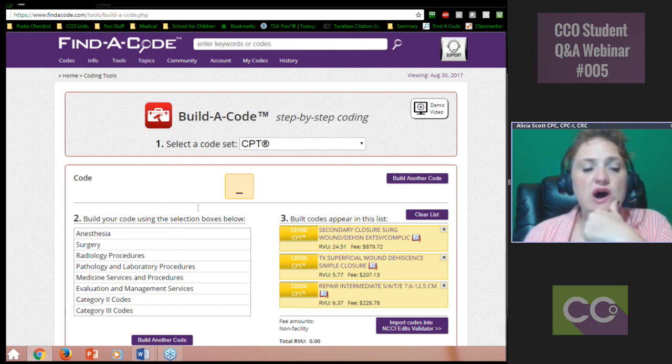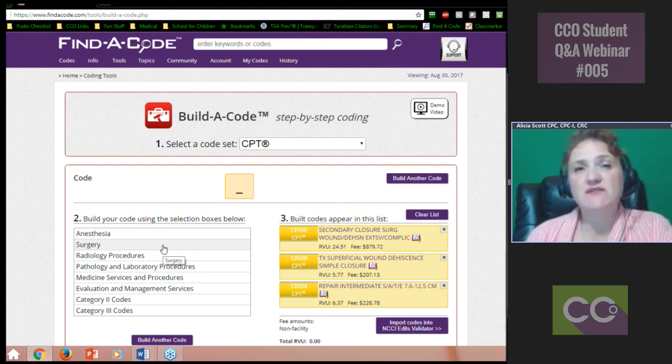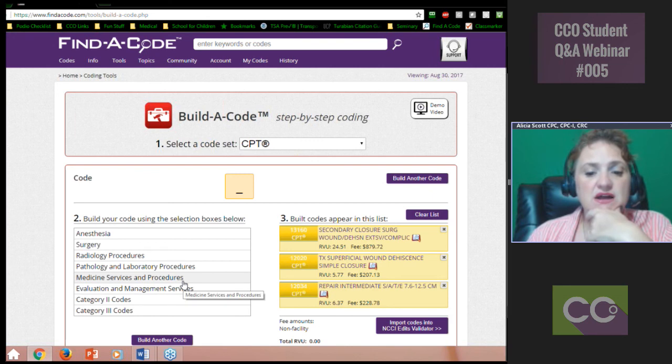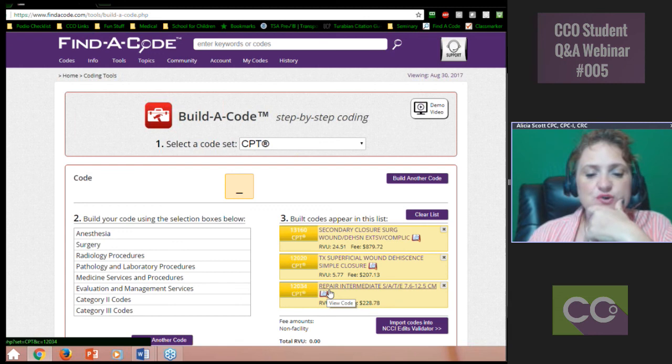All right, so what are we actually doing? Let's get the CPT code. We're not going to worry about ICD. I mean, I love ICD, and that's real easy to do for us. But let's look at, oh, hey, you can tell I actually looked at this recently. Here is the first code that was thought of. So a repair intermediate, 7.6 to 12.5 centimeters,